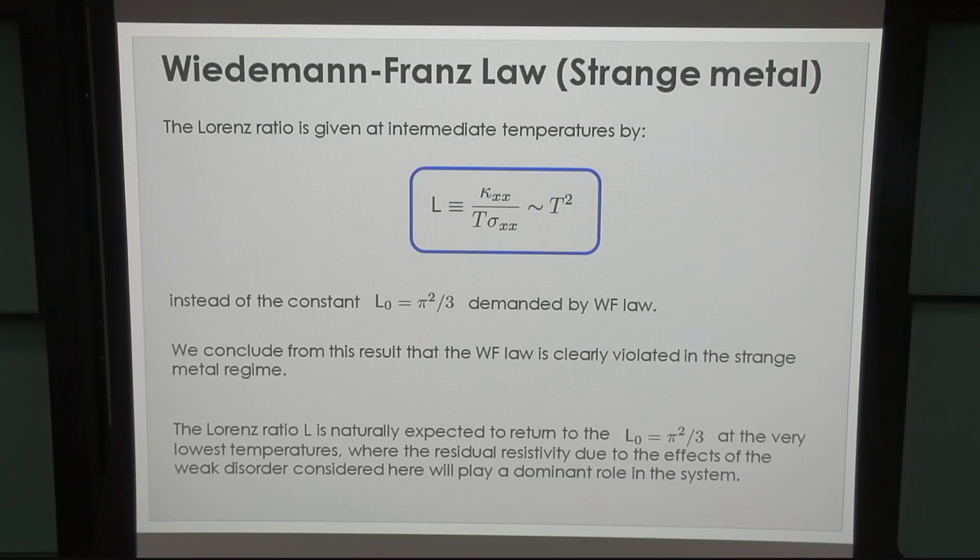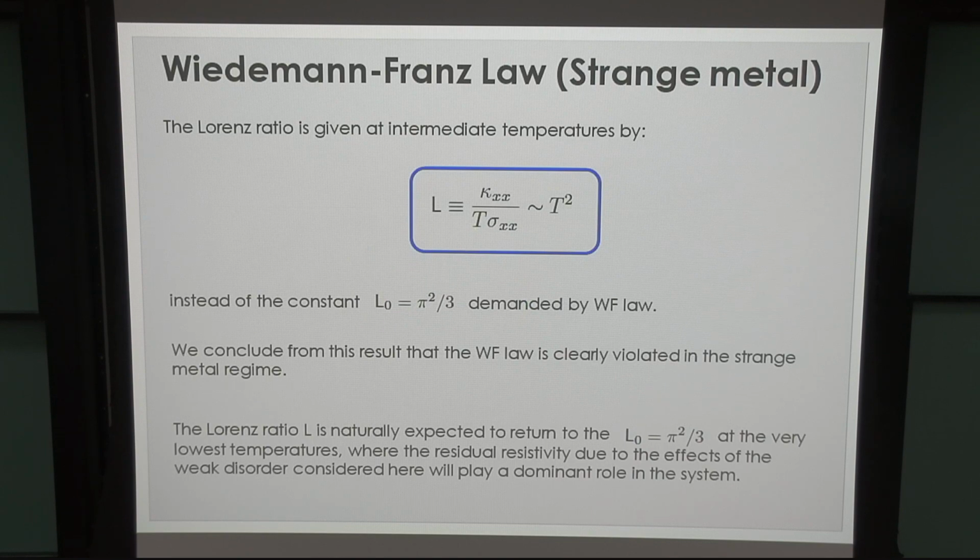Okay, we can also calculate the Wiedemann-Franz law using this scheme here. So I show you the Lorentz ratio of the model at intermediate temperatures. The Lorentz ratio is given by the longitudinal thermal conductivity over T times the longitudinal electric conductivity. This is given by a T squared term instead of the constant demanded by the Wiedemann-Franz law. And what that means is this,